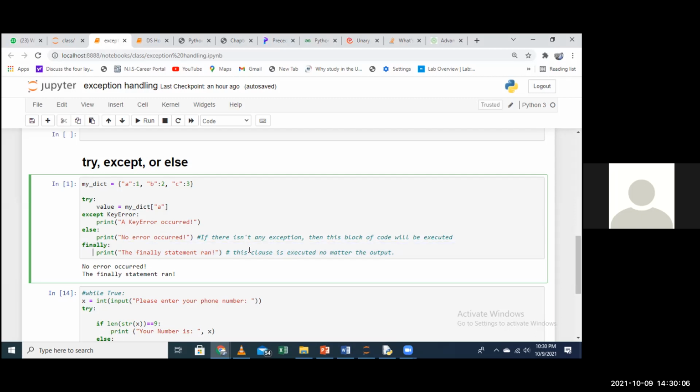Maybe you are accessing that file, and in case you happen to move out without closing it, if you have this kind of block of code, it will definitely close that file for you after accessing or retrieving the file from there. Yes, so regardless of what happens before this part, this is the block of code that will be executed. So in this case here, this else part is what is executed. And the same, if you are having an exception, these are the parts of the code that are executed.